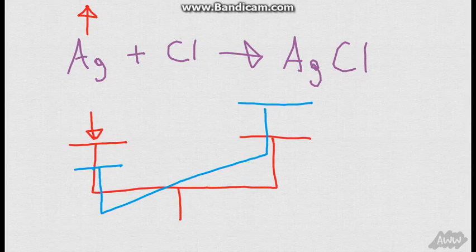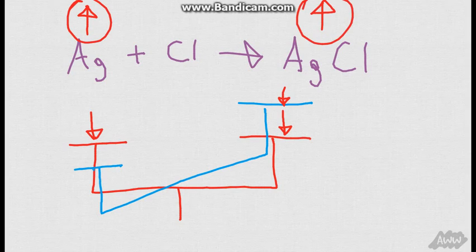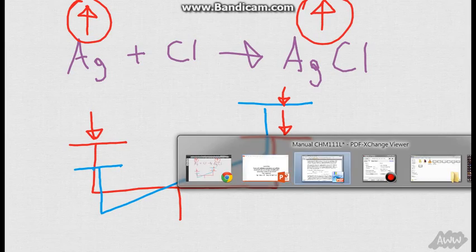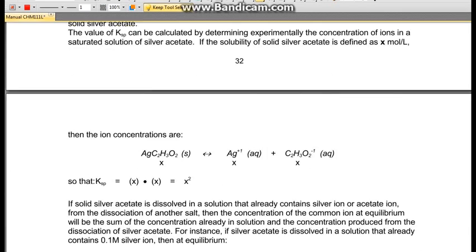unless we put some weight on this side. So what you're essentially going to have to do is whatever you do to one side, you also have to do to the other side. So since we had an increase in the silver on this side, we need an increase in the silver chloride on this side. And that is pretty much the common ion effect, and all you really need to know for lab